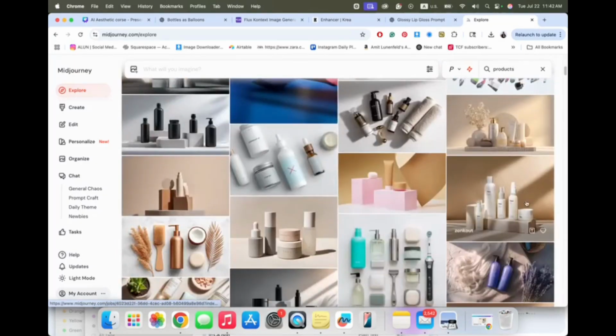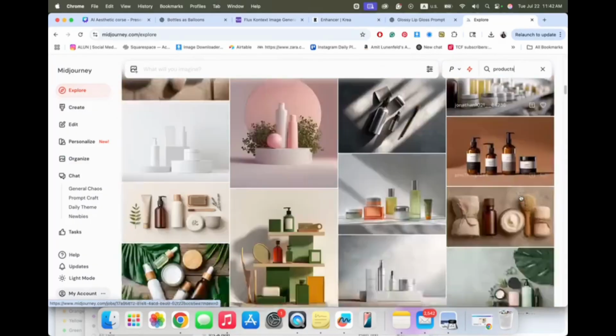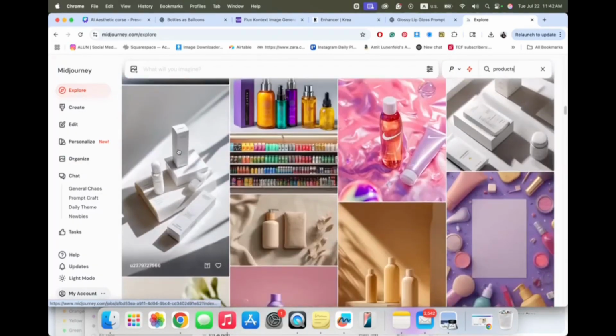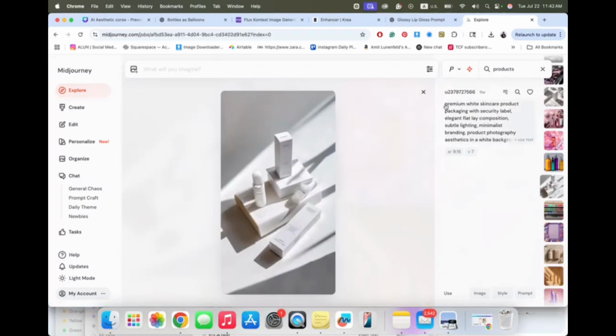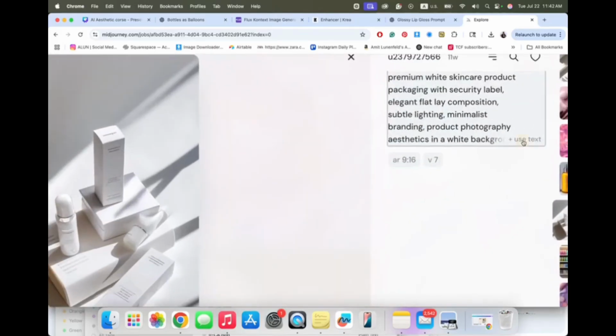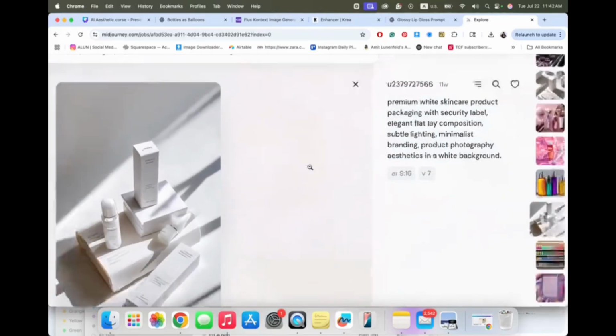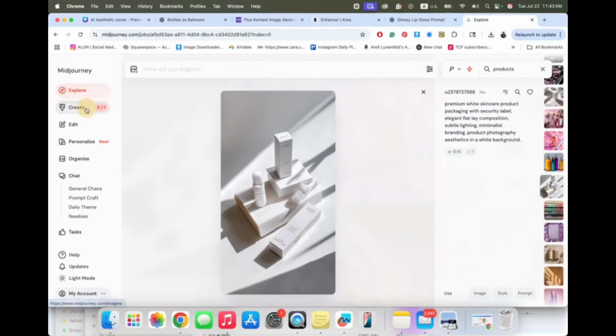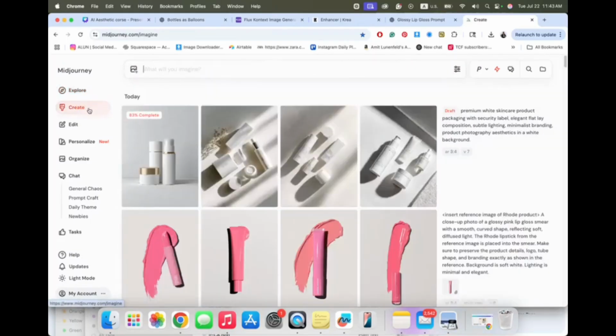If there is a result that you liked, you think it looks good, it fits your branding, your style, you can go here and then you have the prompt. You can use it. You can see it's super easy. You can use the text and it copies the prompt already into the search bar. So you can just press here and we can see the result we get.